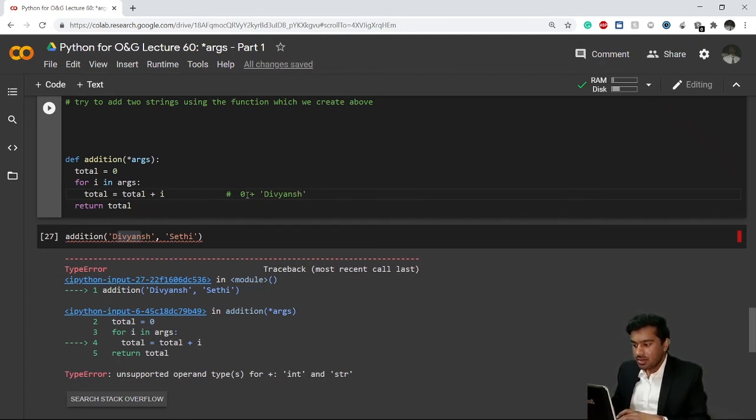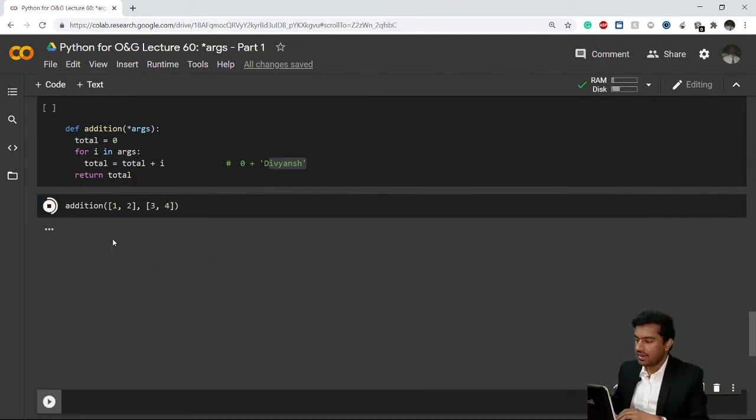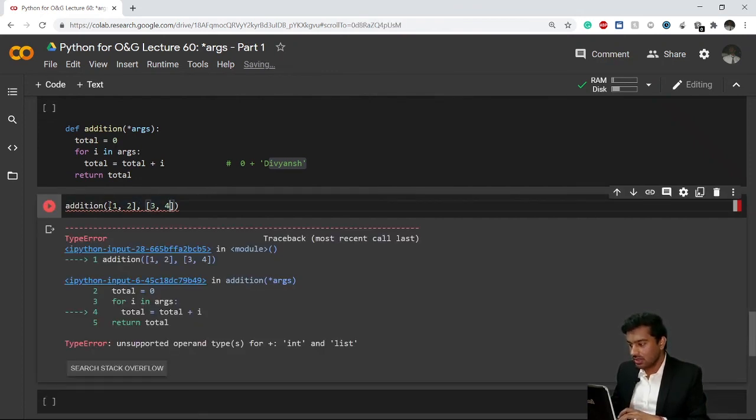But 0 is an integer and Divyansh is a string. You can't add an integer to a string. That is why it was not working for lists as well. If I change these strings to lists, say [1, 2] and [3, 4], and I want to add them, this time my first value of i becomes the whole list [1, 2].